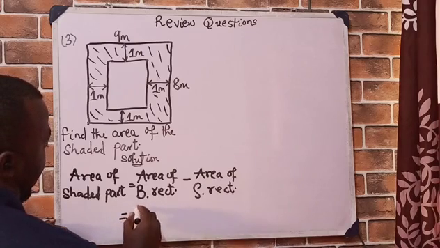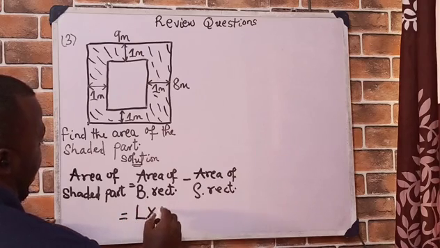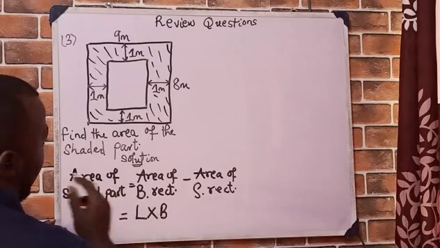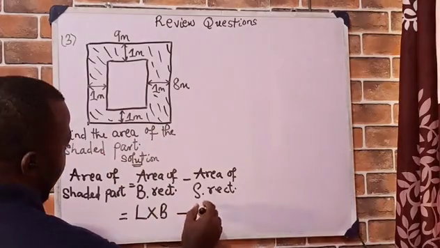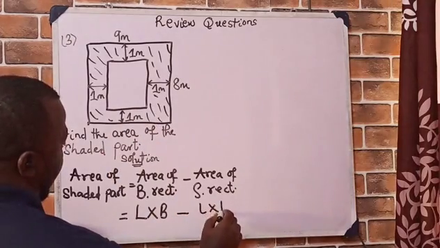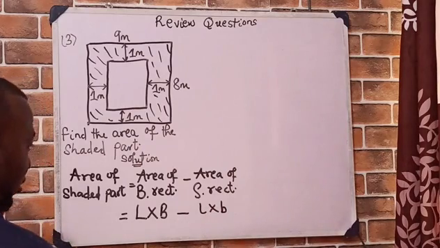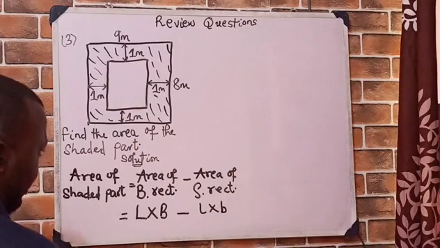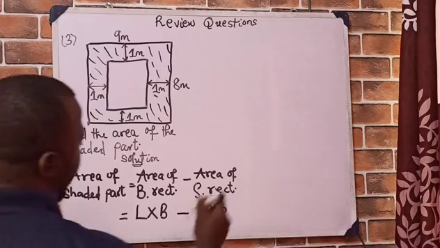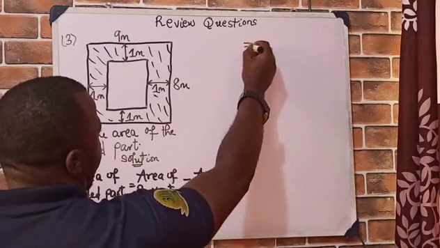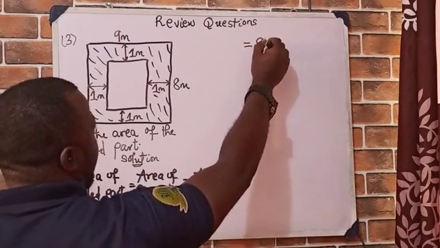Area of a rectangle is the length and breadth: capital L times capital B for the bigger rectangle, and then small l times small b for the smaller rectangle. That will give us, for the big rectangle, 9 times 8